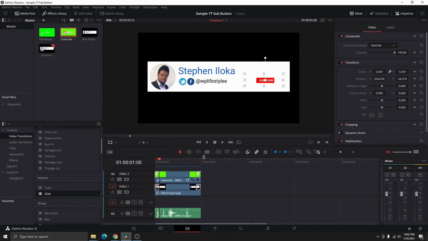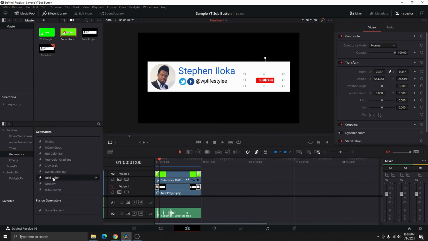Right now you probably think, okay, there's a black background. So there's no black background. Because we have a transparent background, it's just going to show black, but there's nothing there. Just to prove to you that there's nothing there, I'm going to add a solid background. So if I scroll down here, if I go to generators, and then I'm going to select solid background, and then I'm going to drag that and put it over here